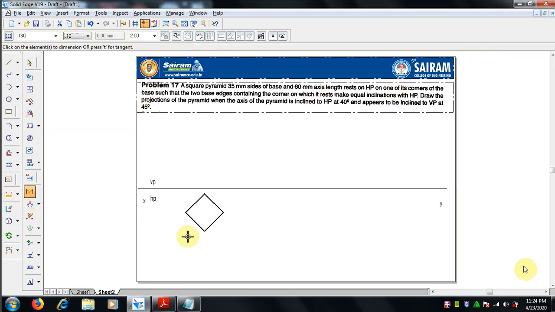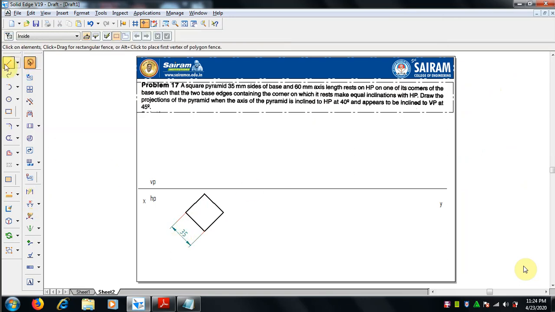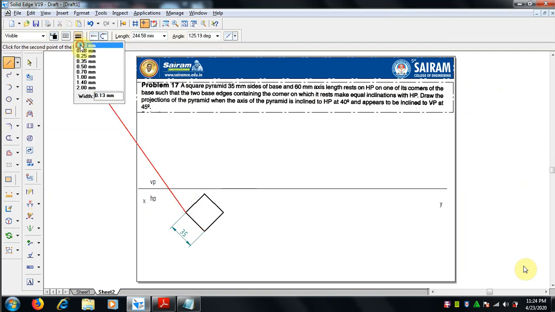Now we have to make a 60 mm axis length for this 35 mm square pyramid. The top view we know is a square, and the front view we will see as a rectangle.